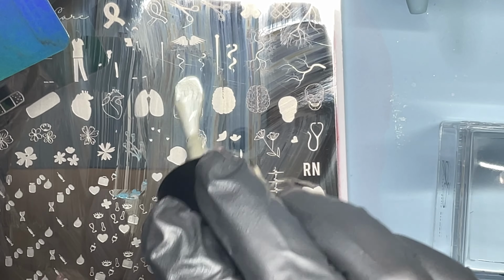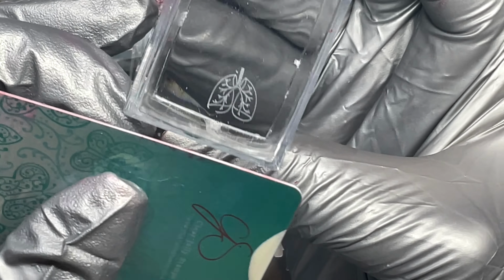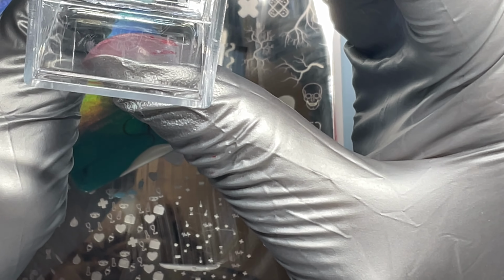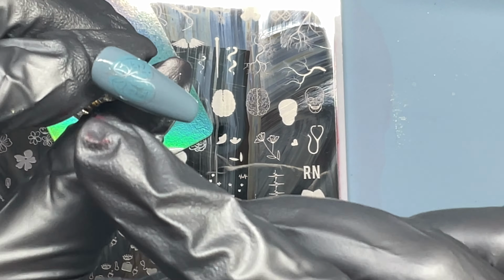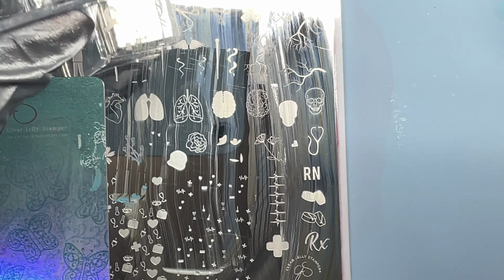So y'all can see the stamping. It took a minute. And so we got some lungs in here as well. This plate has a bunch of stuff. It has brains, but what cracked me up on this plate is that the brains have a flower that goes with it. Now I'm not sure what that means, and I was like, why are there flowers on this plate? Somebody make it make sense. But whatever